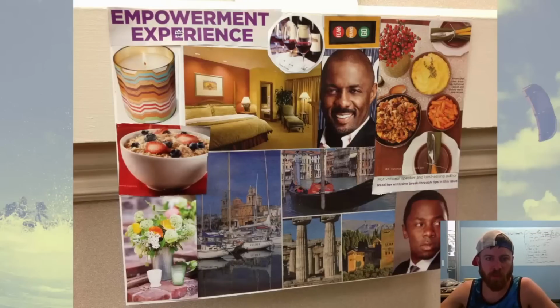Here's another person's vision board. We see it says empowerment, experience. And what does it say? Fear means go. That's a good one. Fear means go. So whenever you're fearful of something, you say go. We see some boats here. We see this looks like Rome. This looks like Switzerland right here, Spain. We see flowers and healthy eating. So maybe these are all components of this person's life. Wine for 2.